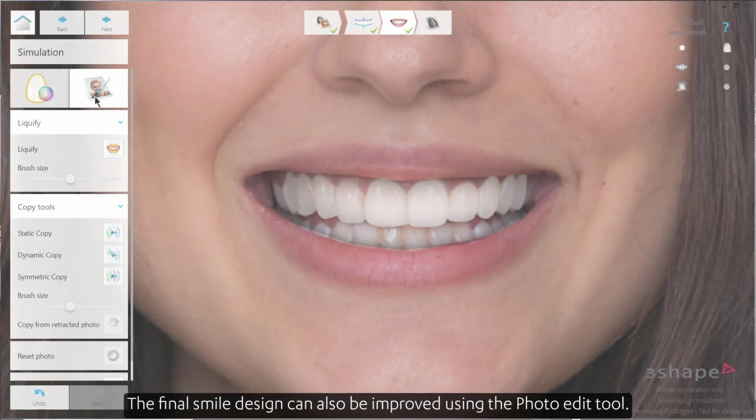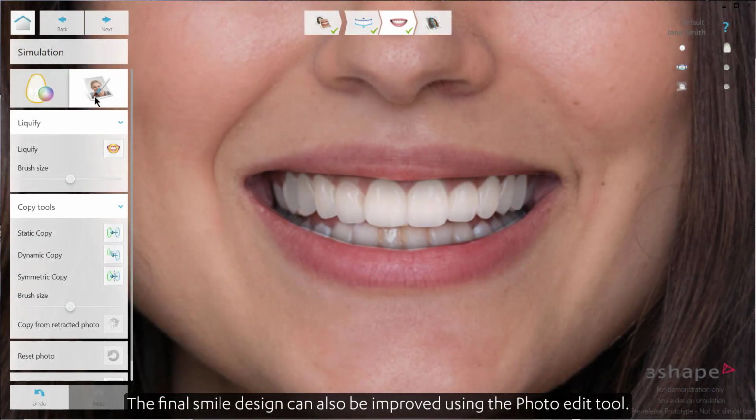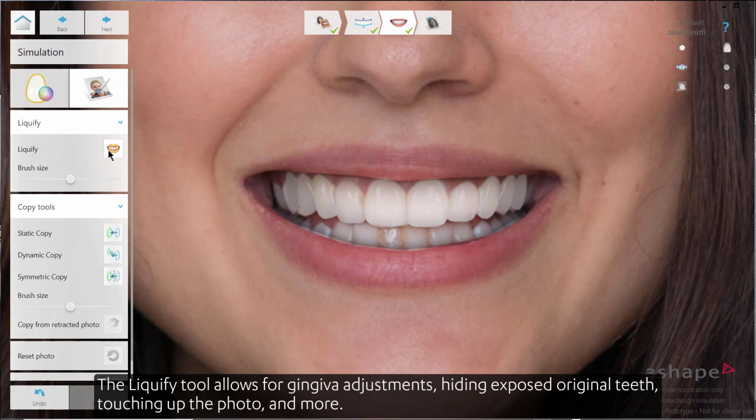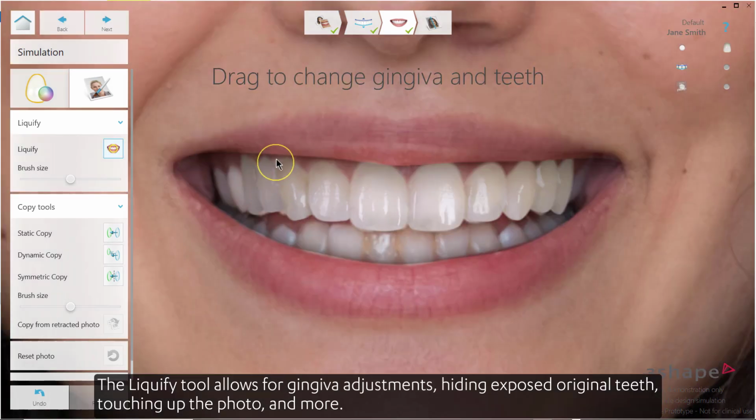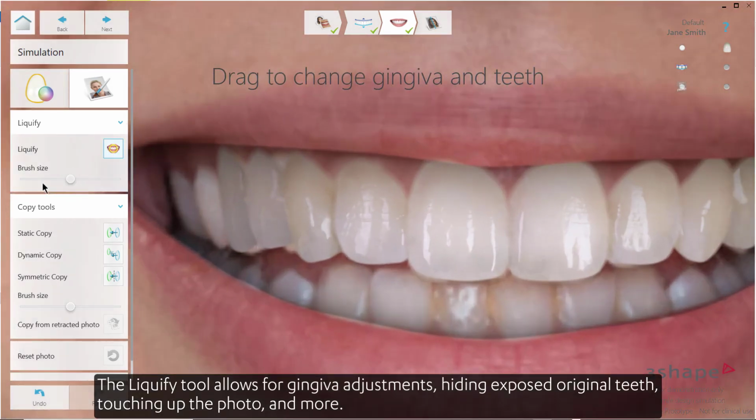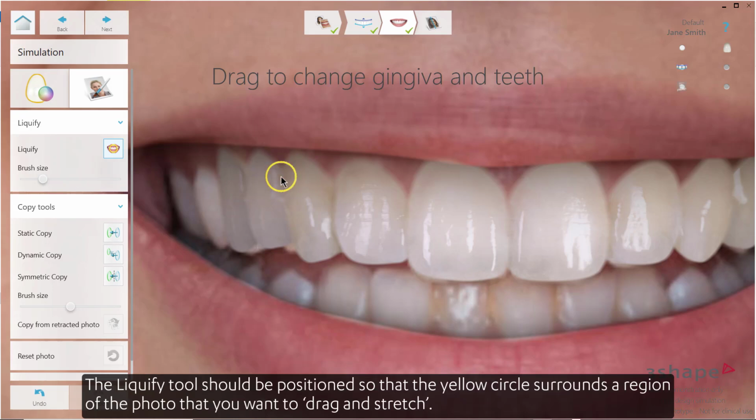The final smile design can also be improved using the Photo Edit tool. The Liquify tool allows for gingiva adjustments, hiding exposed original teeth, touching up the photo, and more. The Liquify tool should be positioned so that the yellow circle surrounds a region of the photo that you want